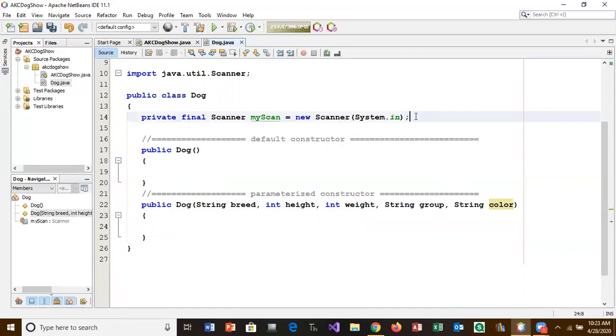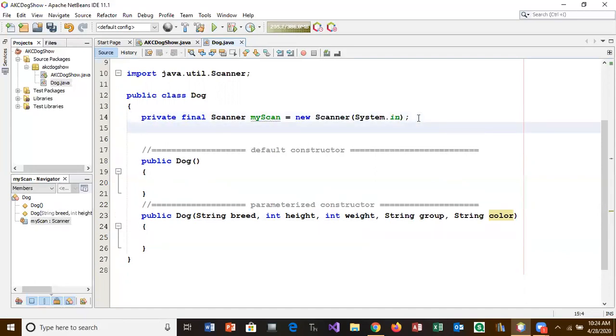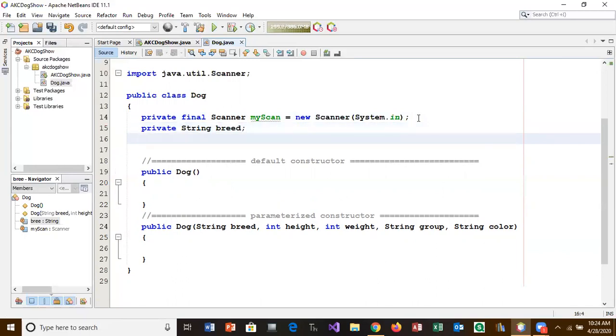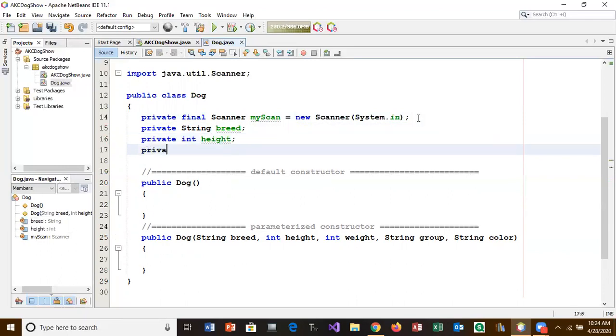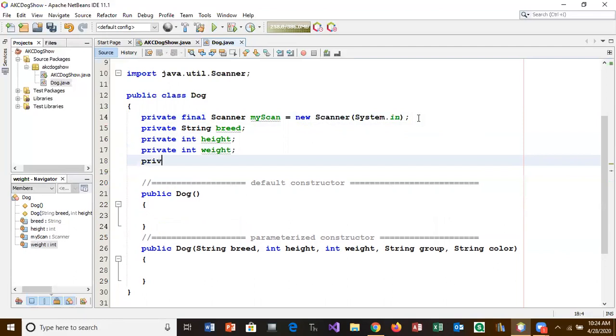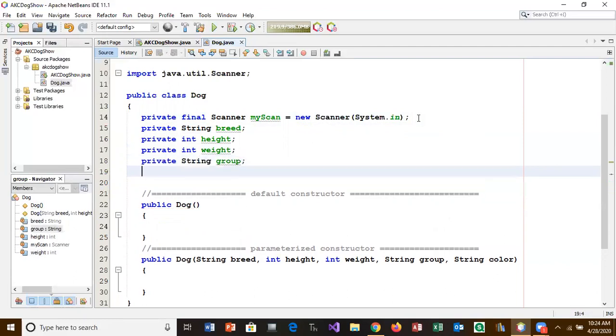So in here, we're going to go up here again, and we're going to create some variables for all these things. So we're going to say private string breed, private int height, private int weight, private group, and